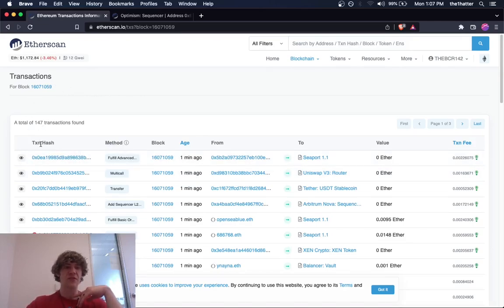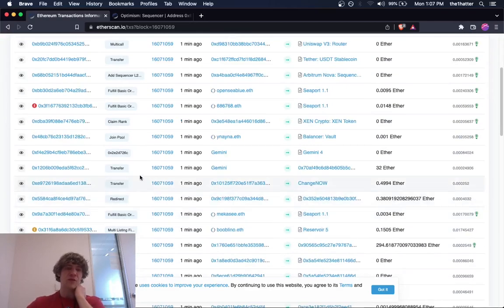transactions right here, it shows the hash mark. This is your key identifier for the transaction itself, what method it was. So the function executed based on decoded input data; for unidentified functions, the method ID is displayed instead. Fulfill advanced order, multi-call, transfer, add sequencer, L2 batch from origin, fulfill basic order, claim rank, join pool, all kinds of different functions. Basically every function that requires you to pay for a transaction